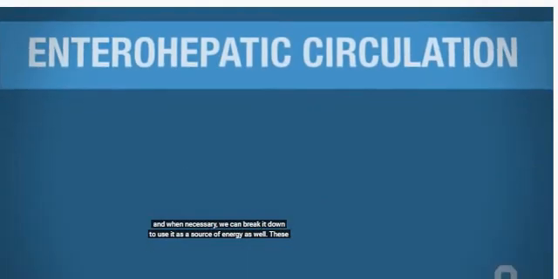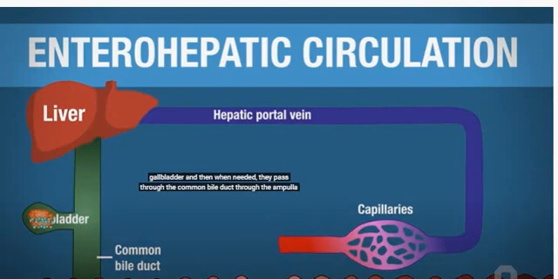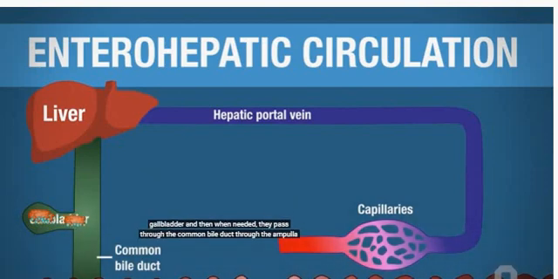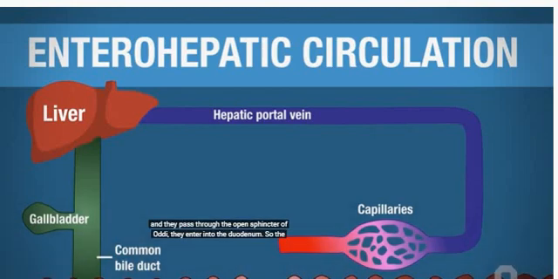So we talked about bile salts, and we talked about how the liver produces these bile salts and they get stored in the gallbladder. And then when needed, they pass through the common bile duct, through the ampulla of Vater, and through an open sphincter of Oddi. So when they leave the common bile duct and pass through the open sphincter of Oddi, they enter into the duodenum. So the bile salts do their job. Okay, they emulsify the fat. And the thing about these bile salts is we can recycle them. When the bile salts reach the ileum,